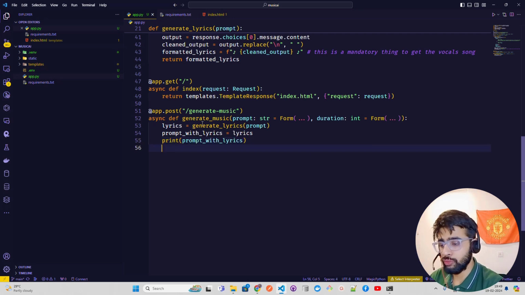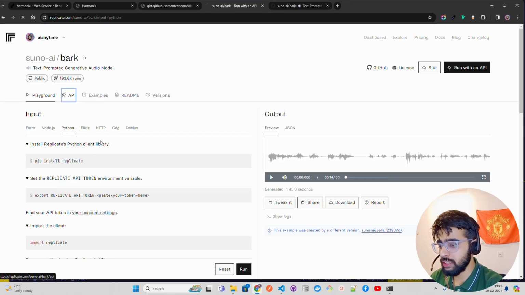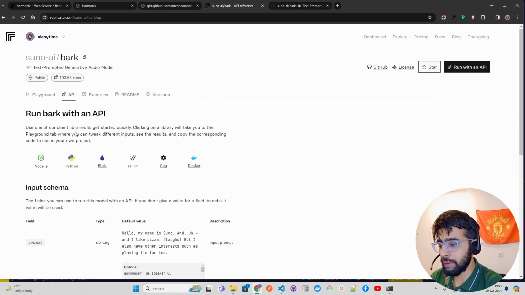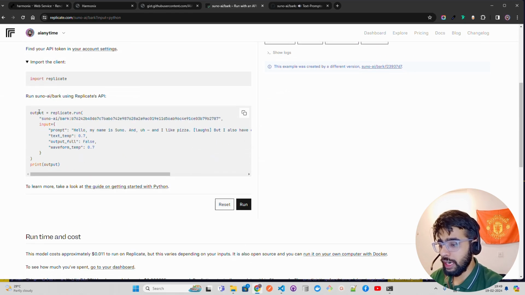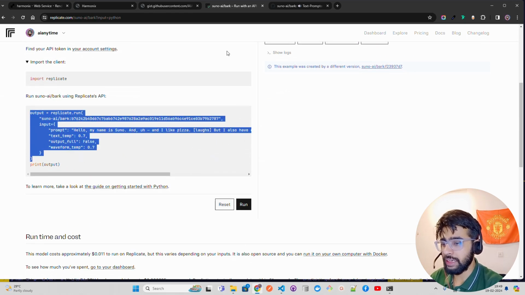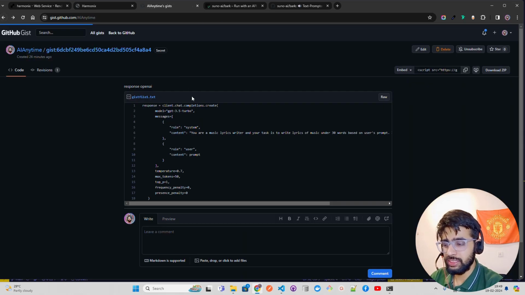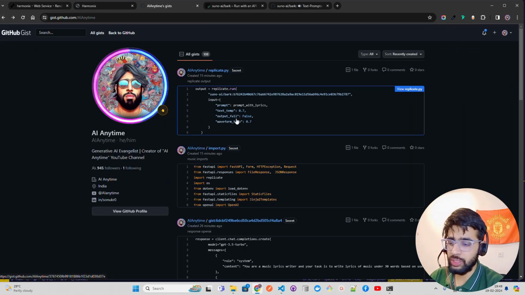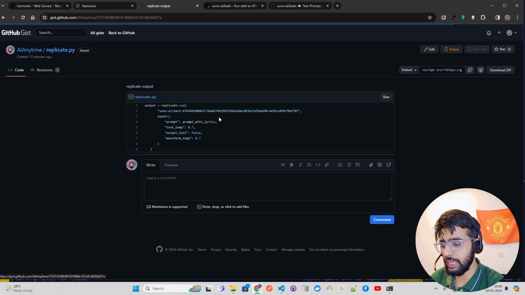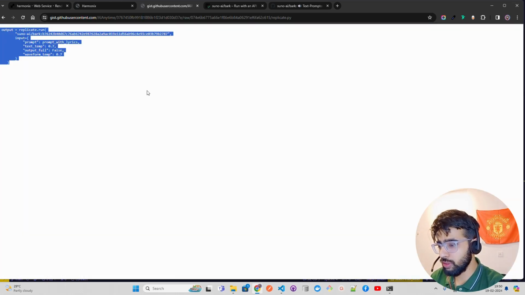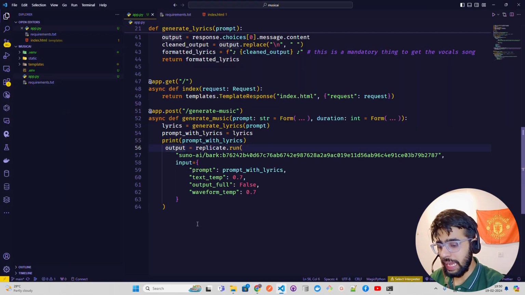will use replicate. So for that, I've created a function also. You can also get it from, as I said, from here in the API. Once you select Python, it will show it over here, output, replicate, run, and things like that, right? So I just have my gist ready here. You guys can just use the entire GitHub repository. I will give you the entire app. If you want to extend this further, you want to build it on your own, you can just do that as well. Let's do a raw, control A, control C, come over here and paste. Now I have an output.